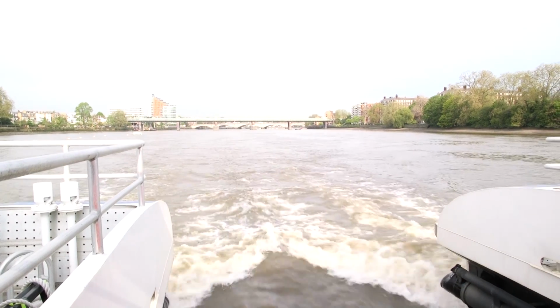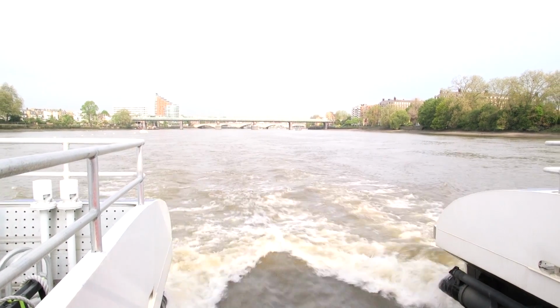I'm on a boat, it's great. We're on the morning commuter service here from Putney. We're going to go all the way through to Blackfriars. Takes just over 40 minutes, which is a really good length of time. I think that's comparable to getting a train. So if you live at Putney or anywhere along the route, then this is a really good viable alternative, getting